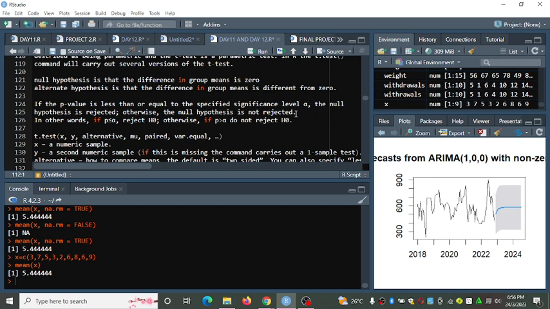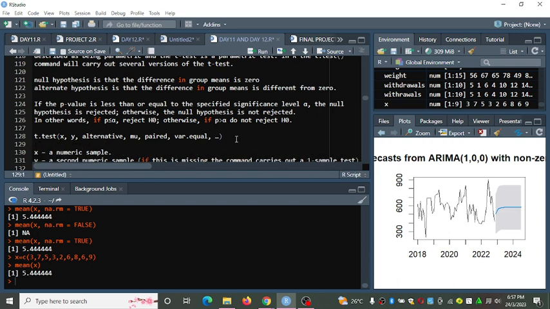The syntax for the t-test is very simple. First of all, you call the test. The test is the t.test function, the function that performs this particular test.